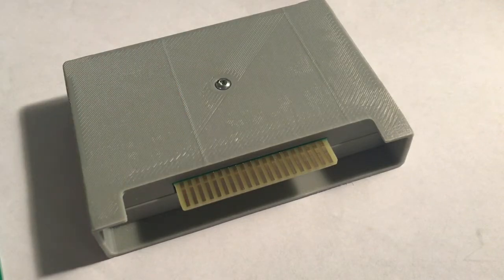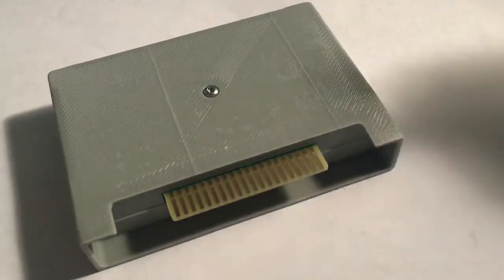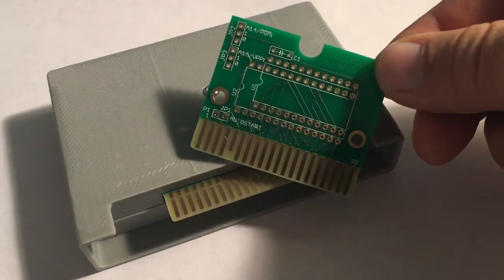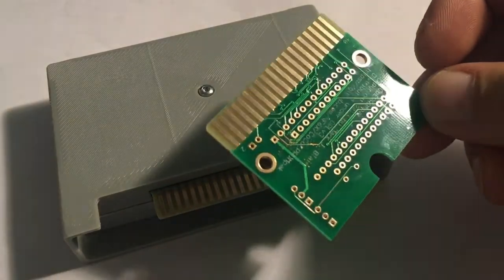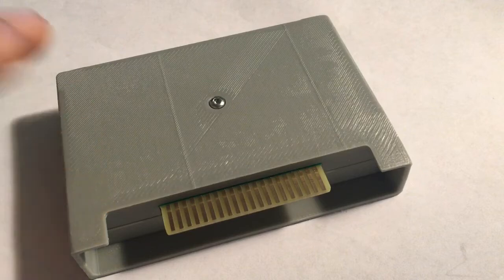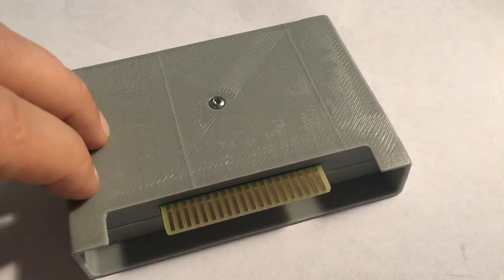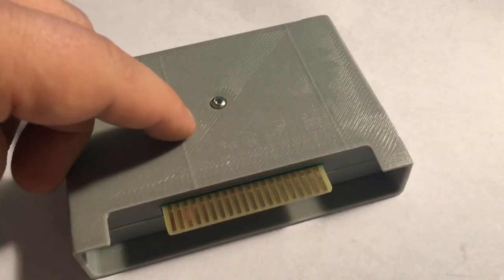I haven't seen any cartridge shell STLs out there on the market except for the flash cart that they offer for the Tandy CoCo now. But a lot of people don't really want flash carts. A lot of people want a separate cartridge for each game, and having boards like this out there gives you the ability to make that happen without tearing up an older game or something like that. And of course you would need a 3D printer, but having the cartridge shell open sourced, where you don't have to worry about licensing or anything like that,